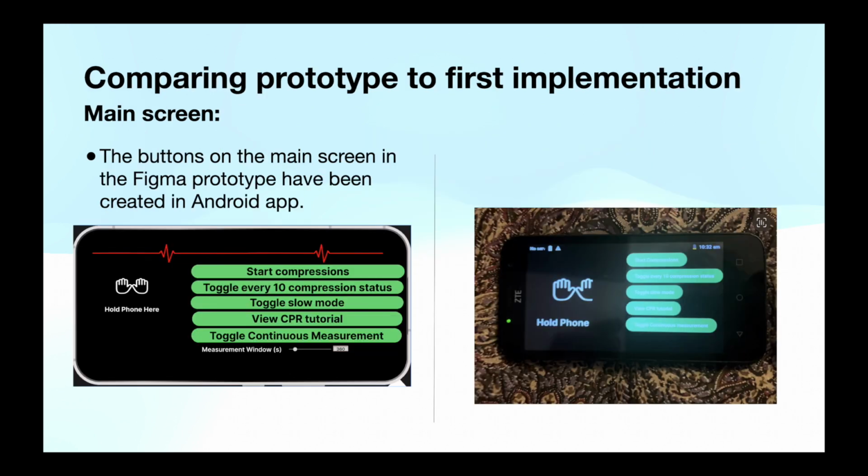The first UI layout created was the main menu screen, which has several buttons on the right-hand side to toggle slow mode, view the tutorial, toggle a compression status after 10 compressions, which are the last few depths and average, as well as the button to begin the compressions. On the left, we have a signifier to the user on where to hold the device to get the best